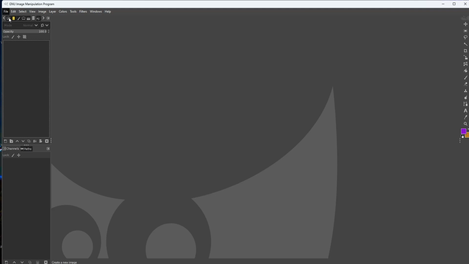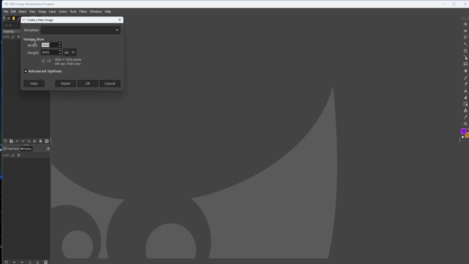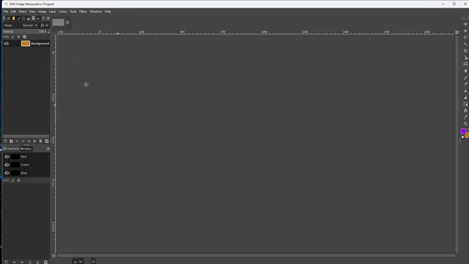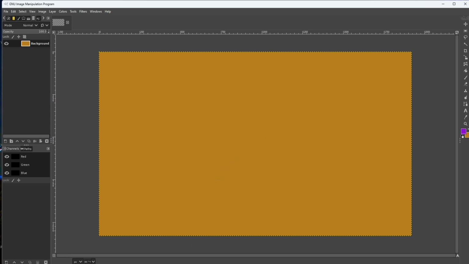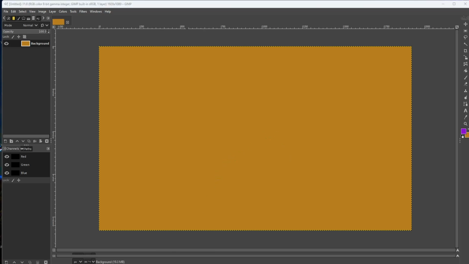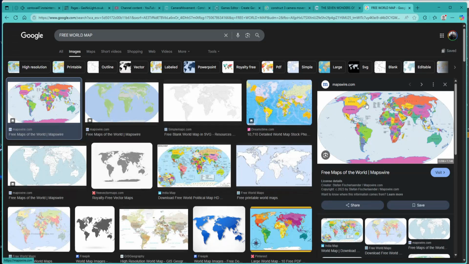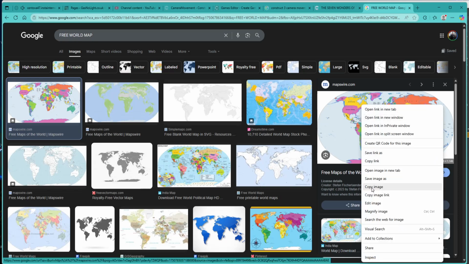So I go to File, New, and pick a size. You want it the exact same size as your viewpoint. If you remember me putting the viewpoint in, it was the same as YouTube actually, 1920 by 1080, and press OK. You get that, a nice YouTube thingy, and then basically you right click, I right click, copy image,